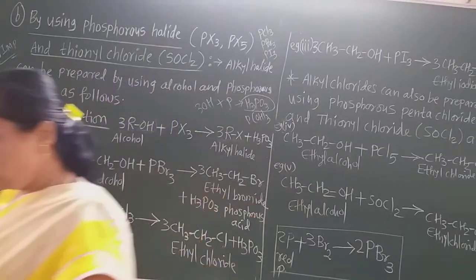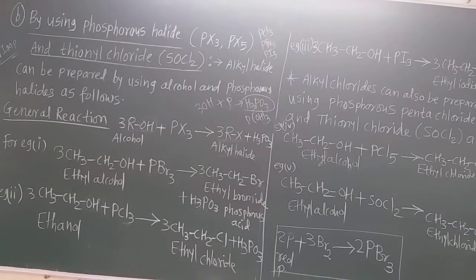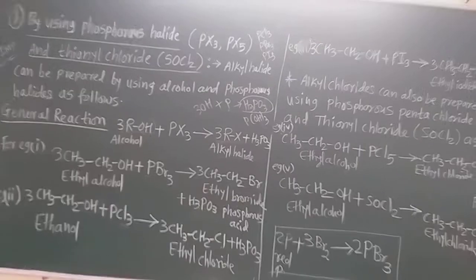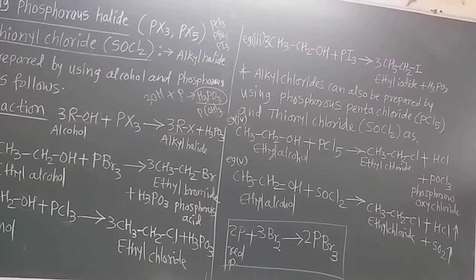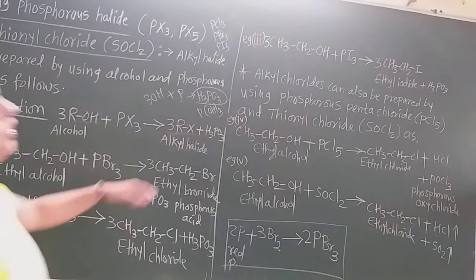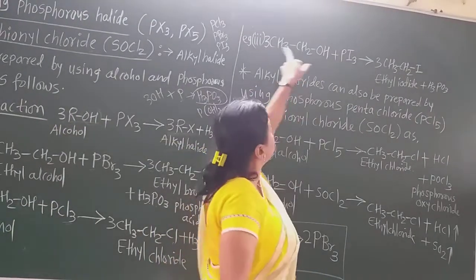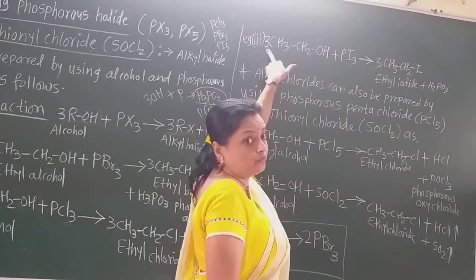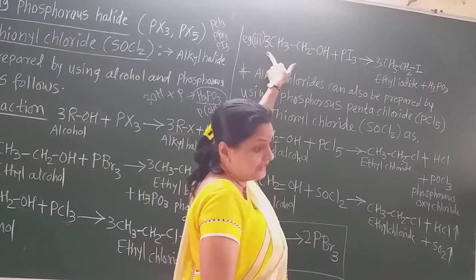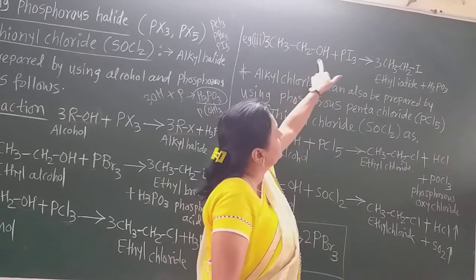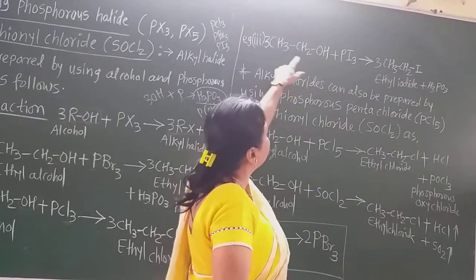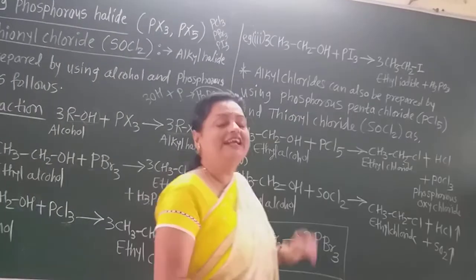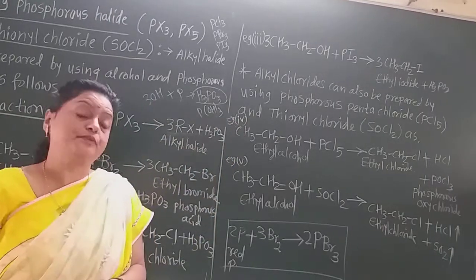Now let us learn the third reaction or example. In that we use phosphorus triiodide. Now here it is the same. Only replace these 3 OH groups. Always take 3 molecules of alcohol. Remember that. That is very important. And these 3 OH are replaced by 3 I. There is the formation of ethyl iodide. And again the 3 OH and P form H3PO3. Give the name as phosphorus acid.